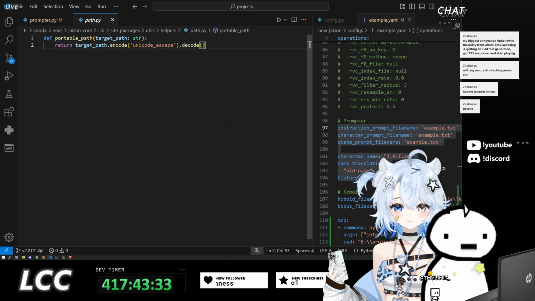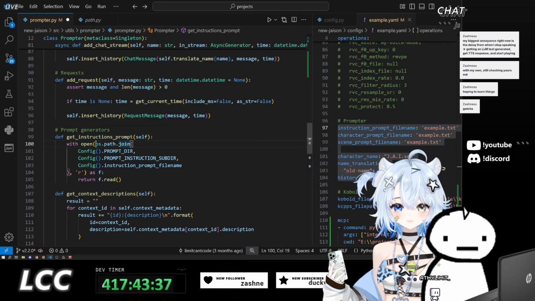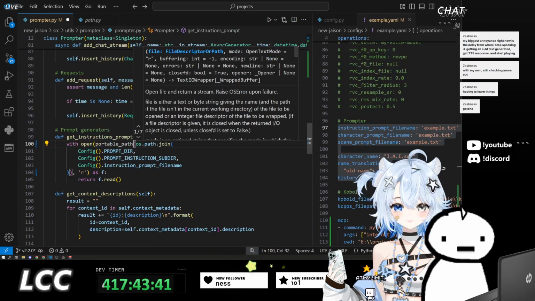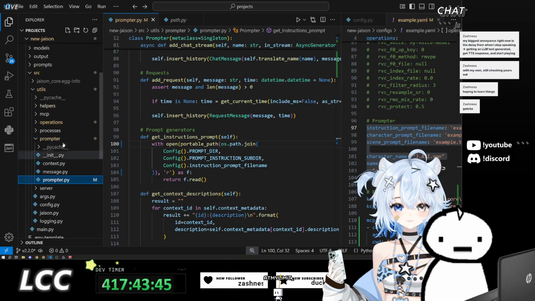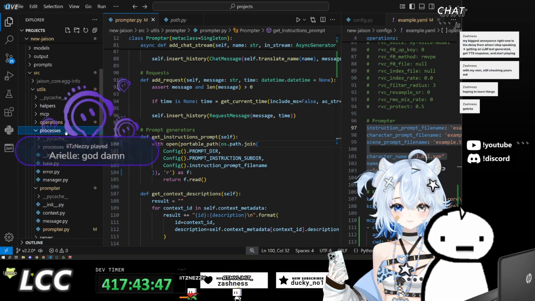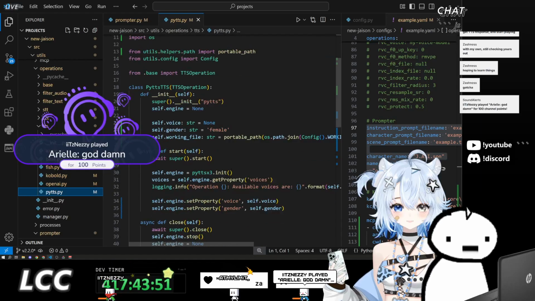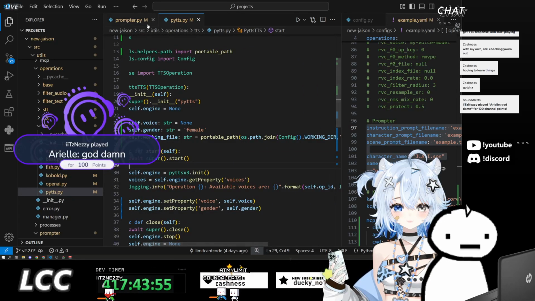Okay. Oh, no, I need to wrap this around portable path. Did I do that properly then? I don't know if I did that properly inside of one of the operations. I believe it was the very first operation that we did. ITTS, right? Portable path. No, we did it correctly. Okay, nice.